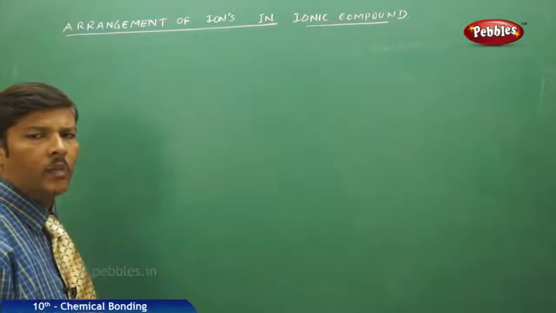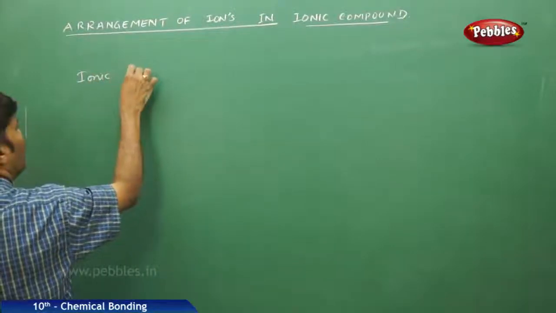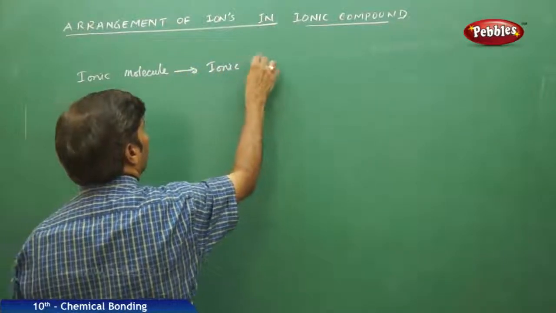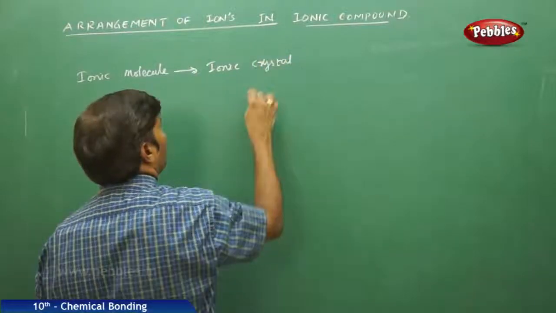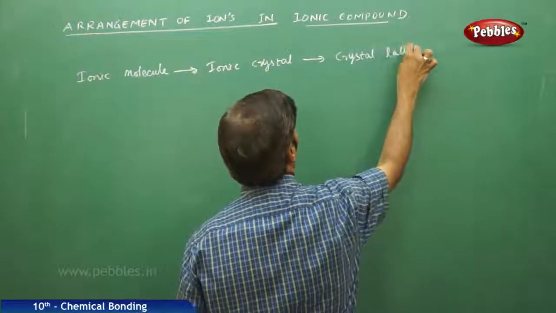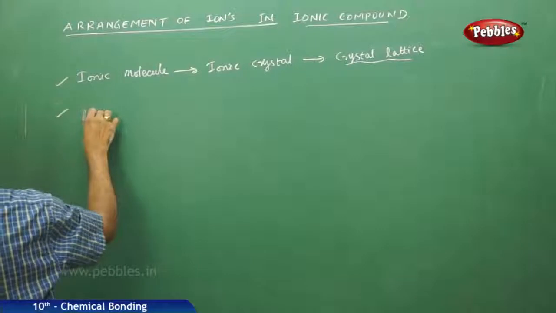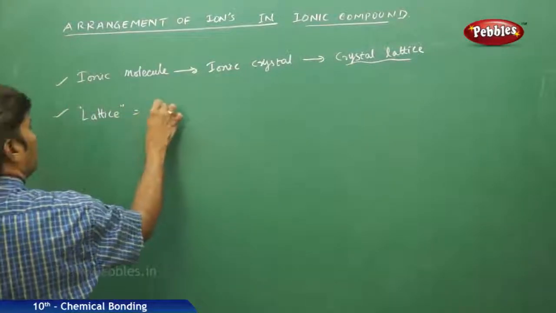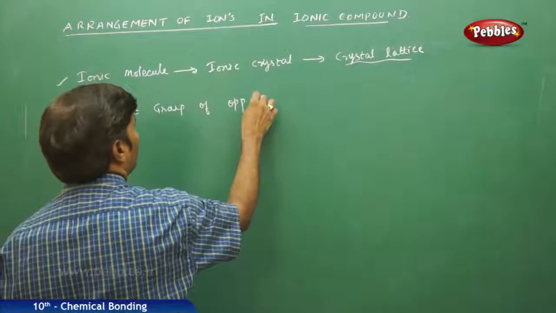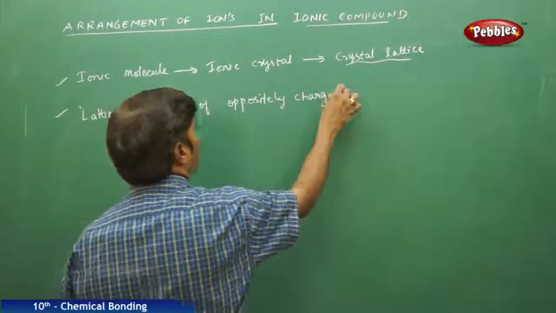After understanding the formation of ionic bonds in ionic molecules, now let us speak about, as I already told you, an ionic molecule, which is also called an ionic crystal, sometimes also called a crystal lattice. What do you mean by the word lattice here? A lattice is a group of oppositely charged ions,